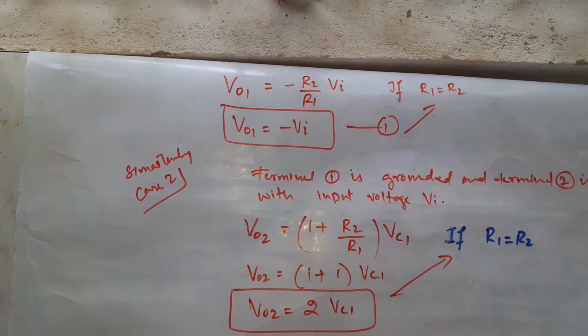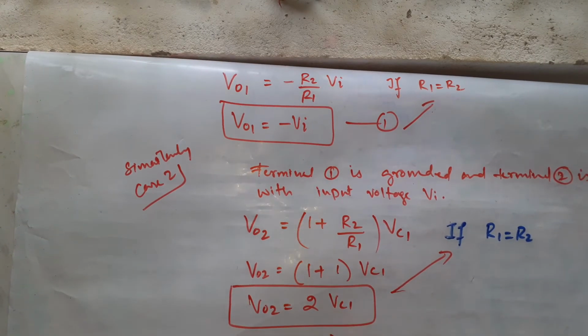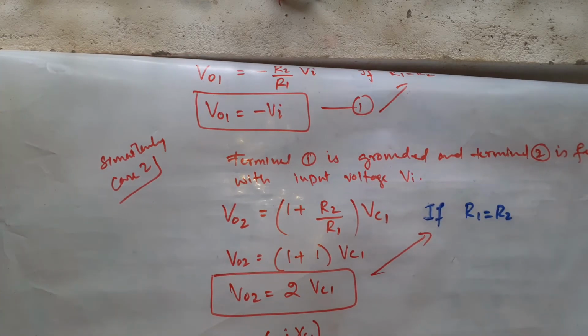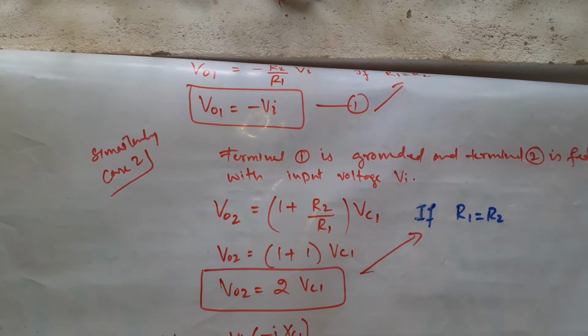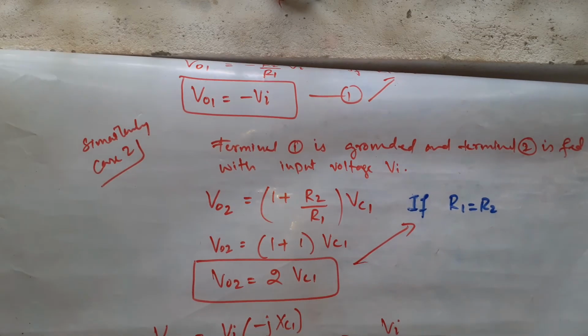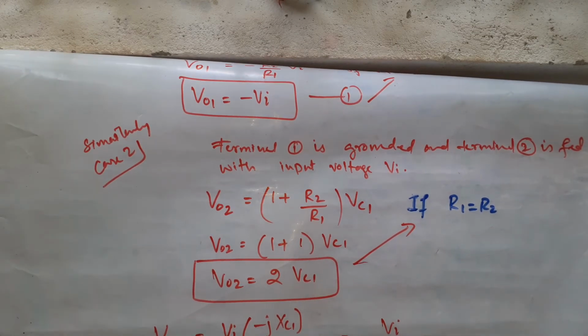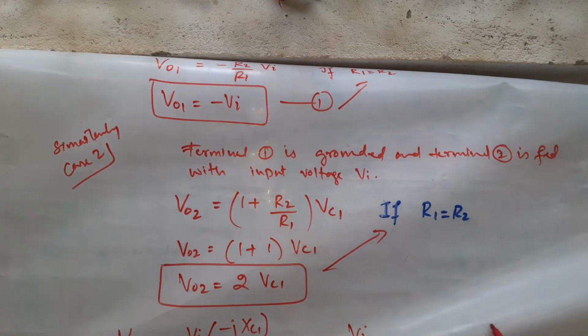Correct it. R3 minus jXC1, minus jXC1. Now you need to simplify this. Vi, R3 minus jXC1. You take this minus jXC1 down. This comes here. Right? Further, if you simplify this,